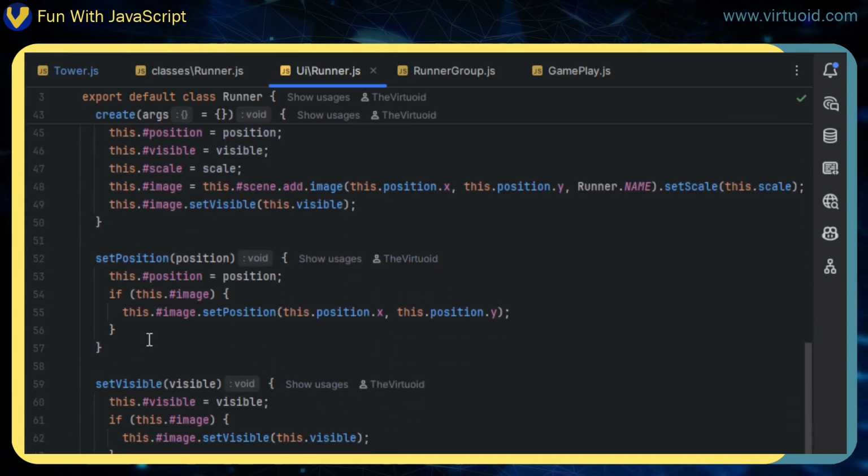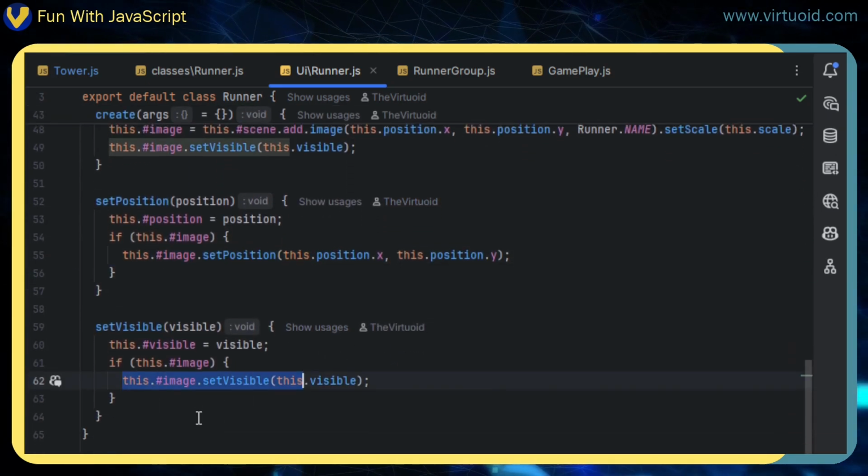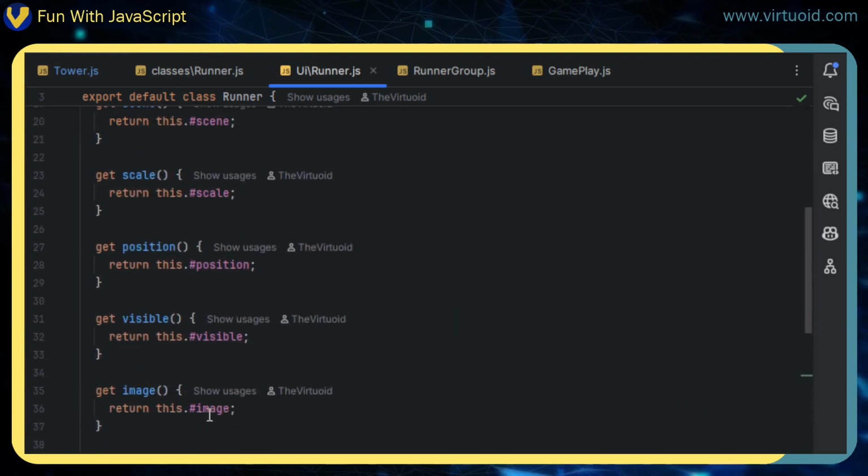Anyway, of course, we have to set the position of it. We set whether it's visible or not, and that's it. And that's all there is to a runner. I could probably just end the video right here, but that won't show you the most important thing,